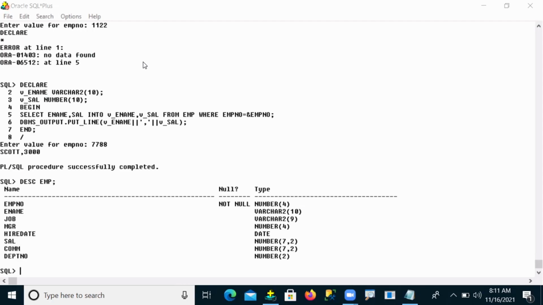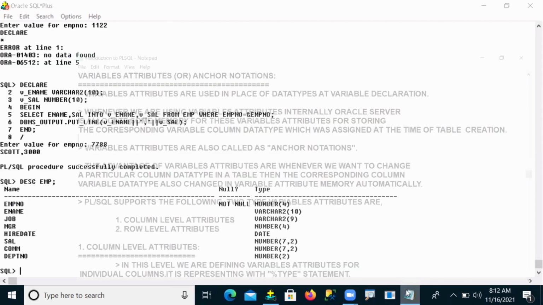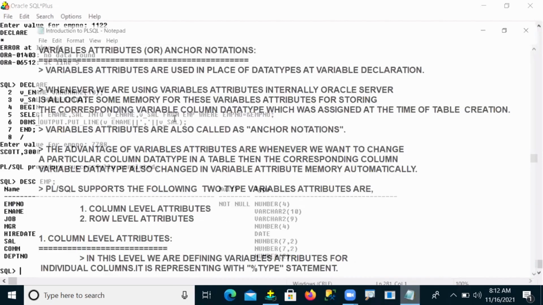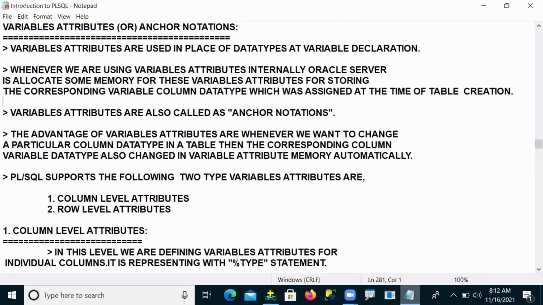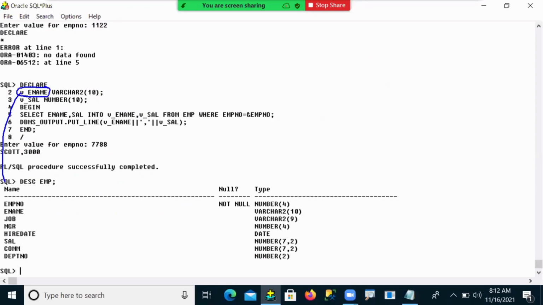Okay, let me see your anchor notations. What is the advantage of anchor notations? For example, sir, we are declaring one variable for our ename column.